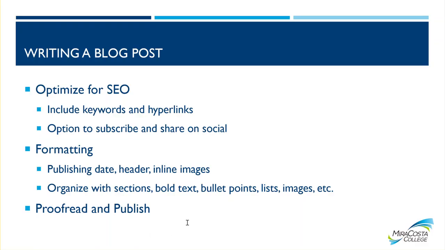Proofread and publish. Now make sure the images that you use in your blog, you have permission to use or you're giving the proper photo credit. Don't just go on Google and download anything and copy and paste. You need to have permission. Blogs are all over the internet. It's not something that's just for your eyes only, and you'll be sharing with other people. So it must be your image or you have the rights to use it.